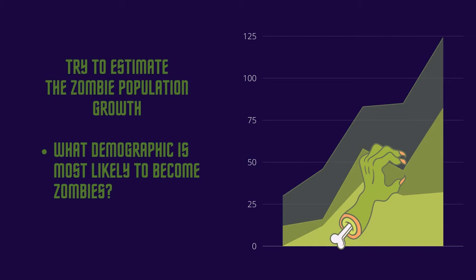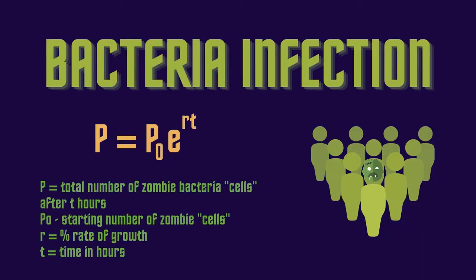In this way, we can try to estimate the zombie population growth. What demographic is most likely to become zombies? What age? Suppose the way that the zombies become zombies is through a bacterial infection. There's this fun exponential population growth equation that we can use to determine how many bacterial zombie cells will be in our body after a specific amount of hours if we were exposed to the